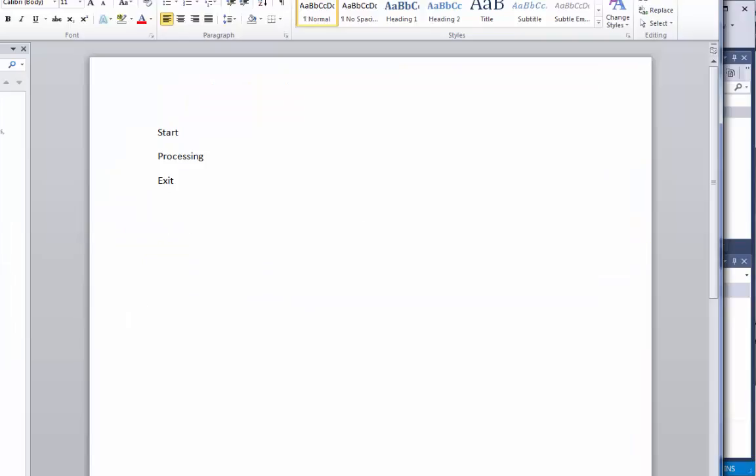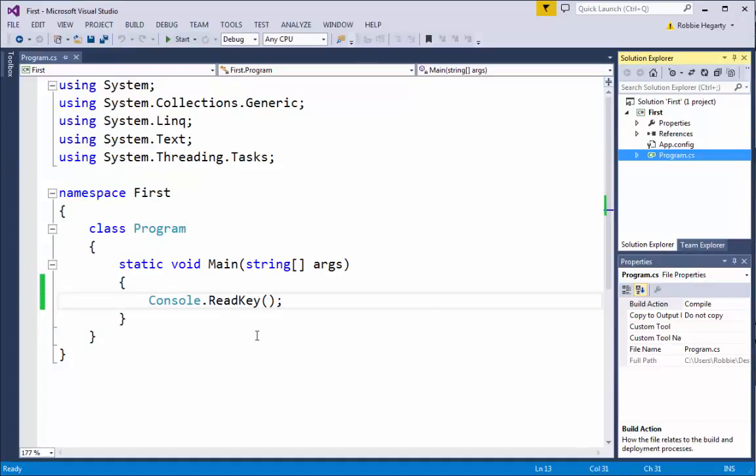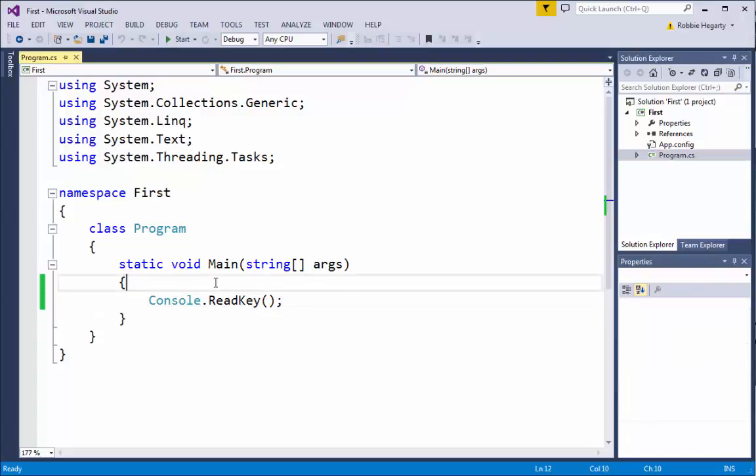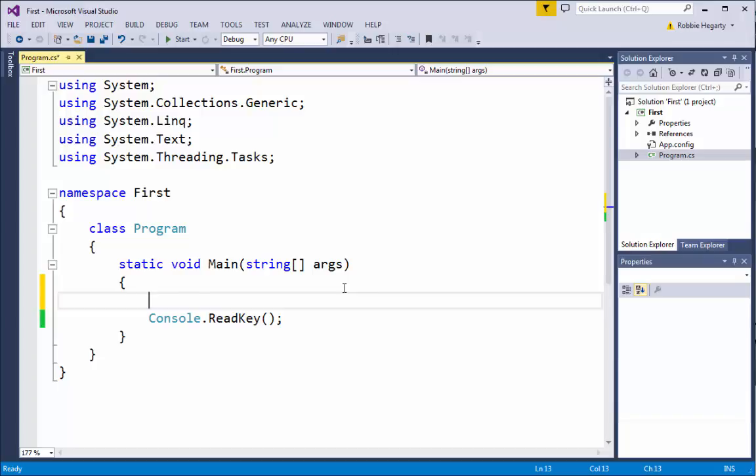So what we have at that stage, whenever we run it, is a starting point, and some processing, which is just basically press any key to continue, and it exits. We don't have any message for the user. So just to conclude this part, I'll access another console command. I'll put my cursor just before the Console.ReadKey, and if I type console,